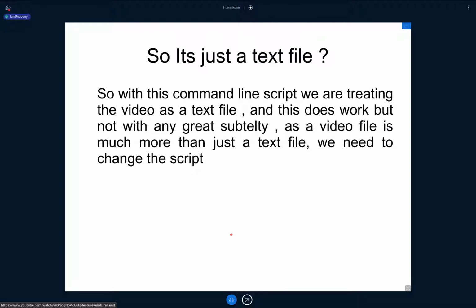So it's just a text file. With this command line script, we're treating the video as a text file. So this does work, but you don't have any great control or subtlety with it. As a video file is much more than just a text file, we need to change the script. Now to do that,